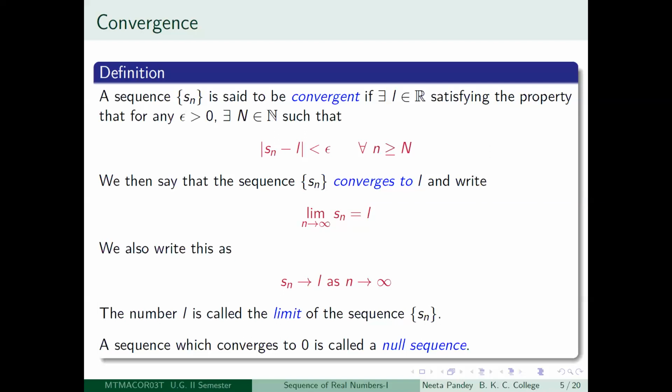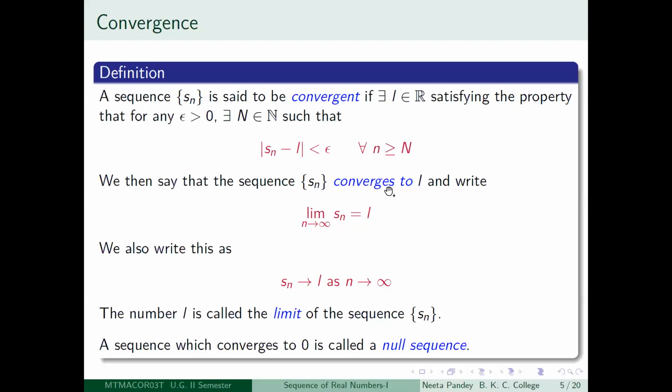We will say that this sequence converges to L if this happens,